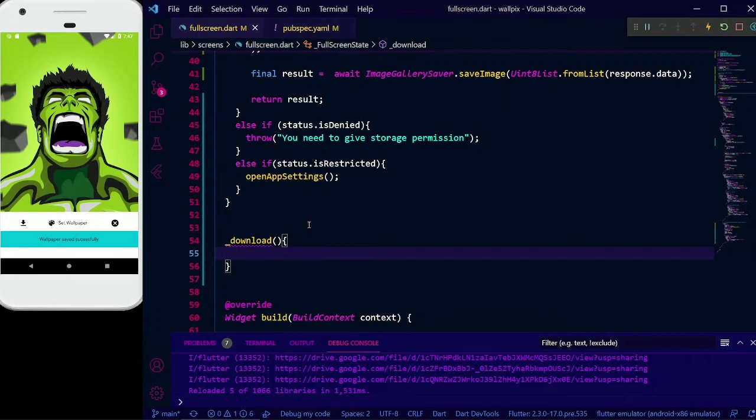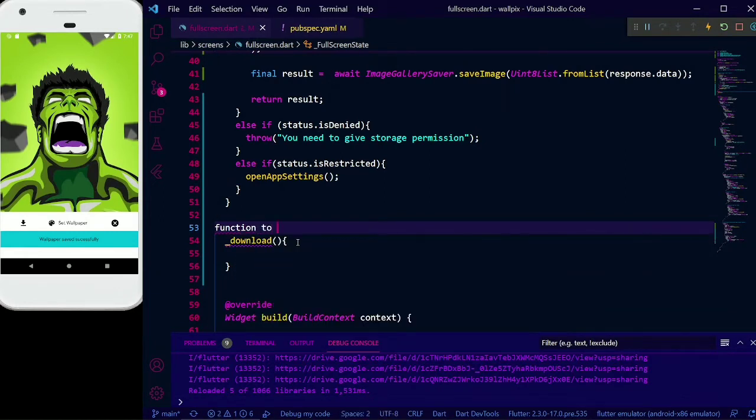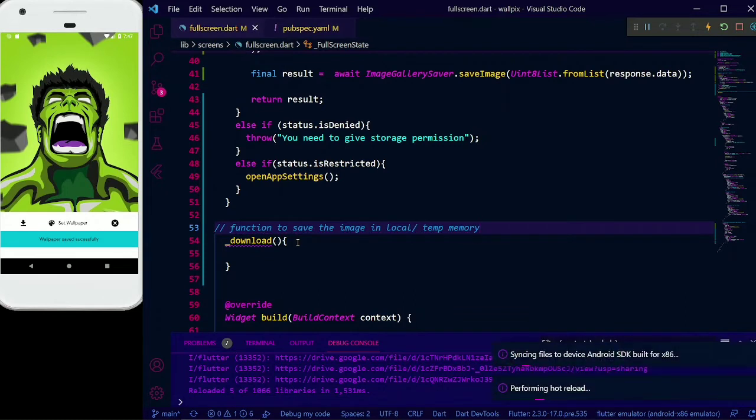They just want to set the wallpaper and not save it, right? So for that, let's comment here: function to save the image in local slash temporary memory. Okay, it will not save it in the actual memory, but it will save it in the volatile memory. Okay,